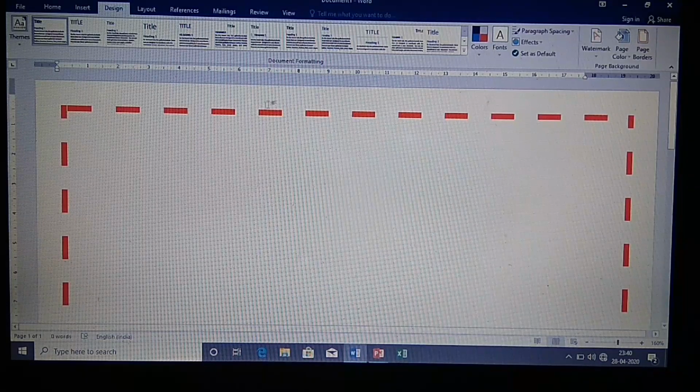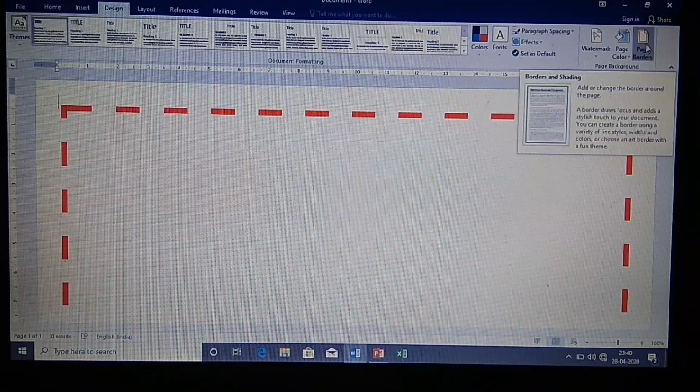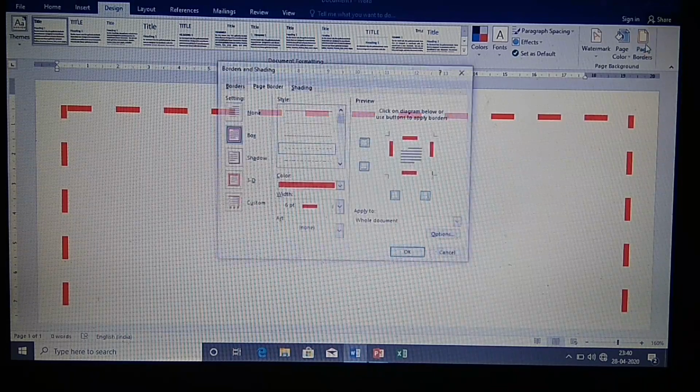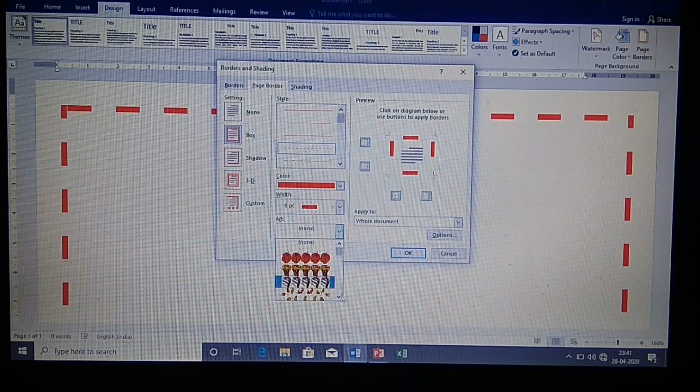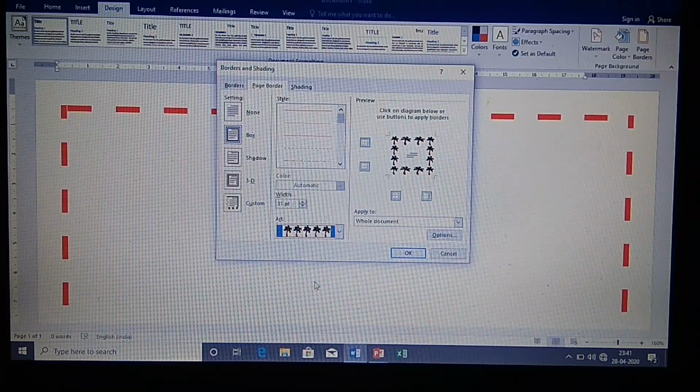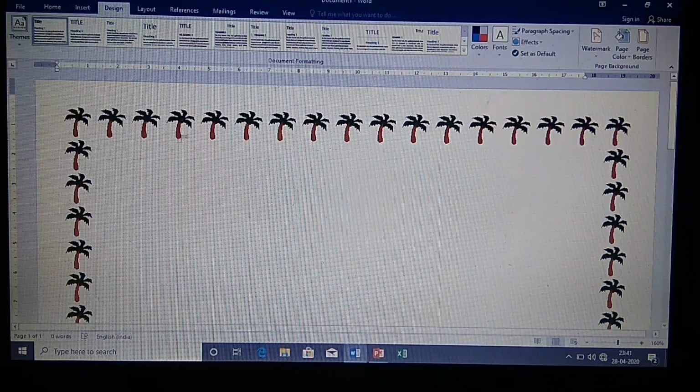Page borders can be not only a dotted line or a line, they can be with art also. That is, you can insert a picture also. Now let us try one. Click on Page Borders from the Design tab, Page Background. Here you can have a look at what is called Art. Art means you can insert a picture in your border. Now let us select one picture from this, that is of a tree. Clicking on OK will insert the tree in your page border.